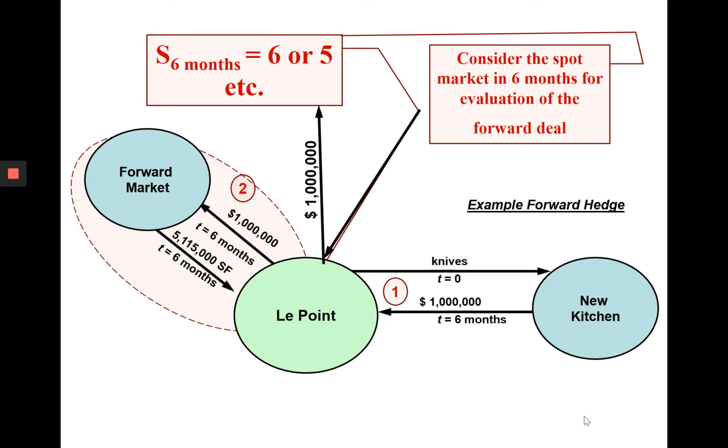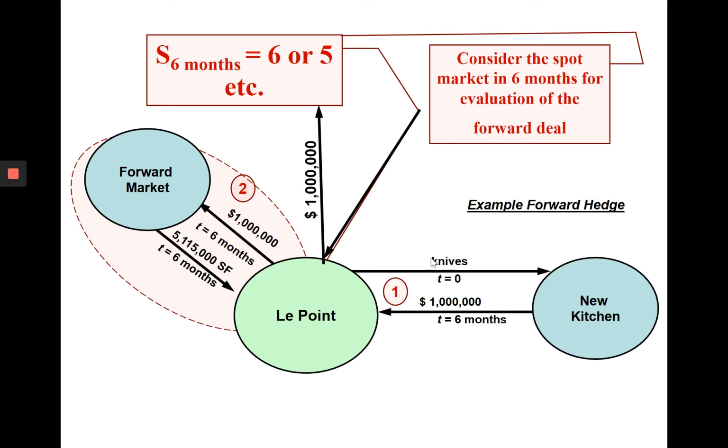We have a picture here that talks about a forward hedge. This is a graph of the example that we discussed in the second part together. The part of this graph that says part one has two nodes. One is the Swiss company Le Point, and one is the American company New Kitchen. And an arrow starting from Le Point and ending in New Kitchen tells us that at time zero, or today,